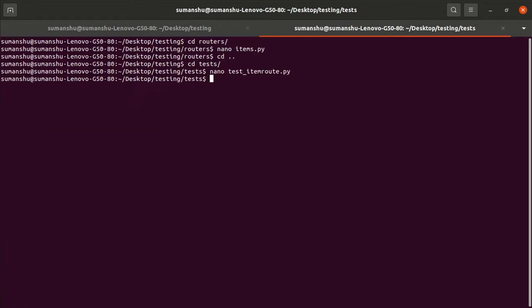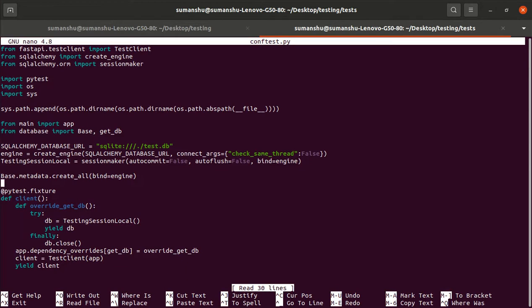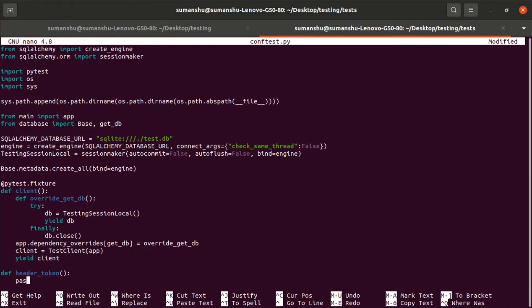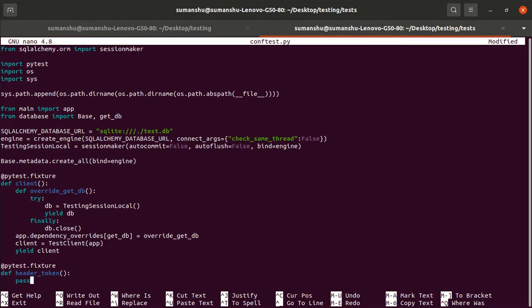That's it. Now let's update our conftest.py file, in which we have the header token. This is the function and it will do something, and this is a PyTest fixture, because before actually executing the post request, we want to execute the fixture.